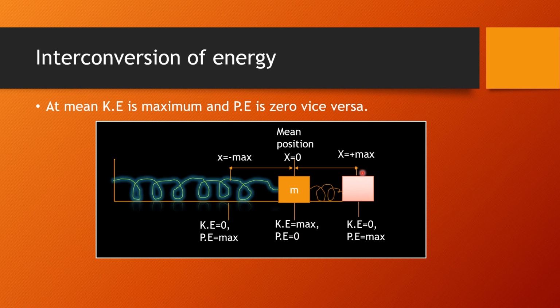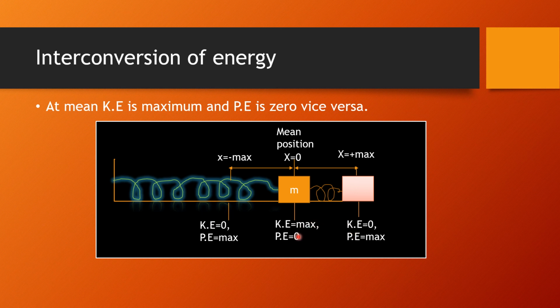In the extreme position, there is maximum displacement. So greater the position, greater the displacement, greater will be the potential energy, and kinetic energy would be 0 because its velocity is 0, because it stops there for a while. So velocity is 0, so kinetic energy is also 0. In the extreme, kinetic energy is 0 and potential energy is maximum due to greater change in length. So here we saw that kinetic energy is converted into potential energy, and potential energy is converted